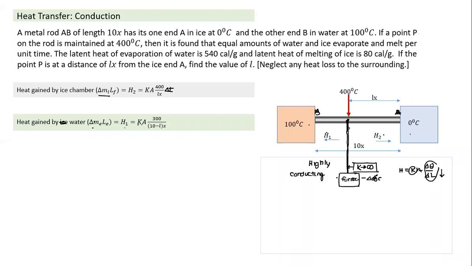It means anything which is highly conducting will always remain at the same temperature. Temperature difference cannot exist. So if we have a highly conducting rod, if this end is 400 degrees centigrade, even this point will also be 400 degrees centigrade for any amount of heat flow rate. So that's what highly conducting means. In a highly conducting object, all through the object, temperature has to remain the same.